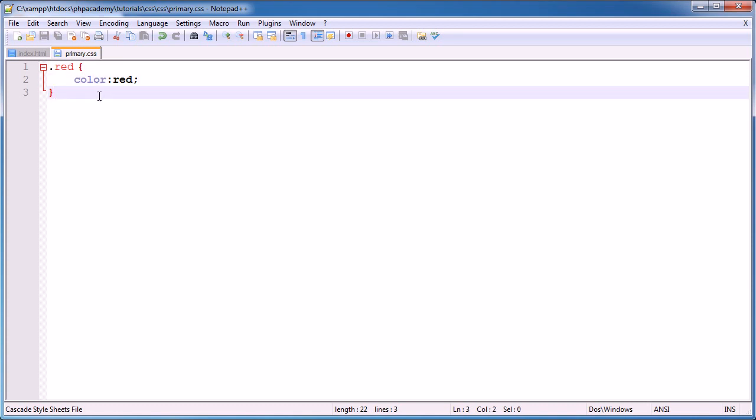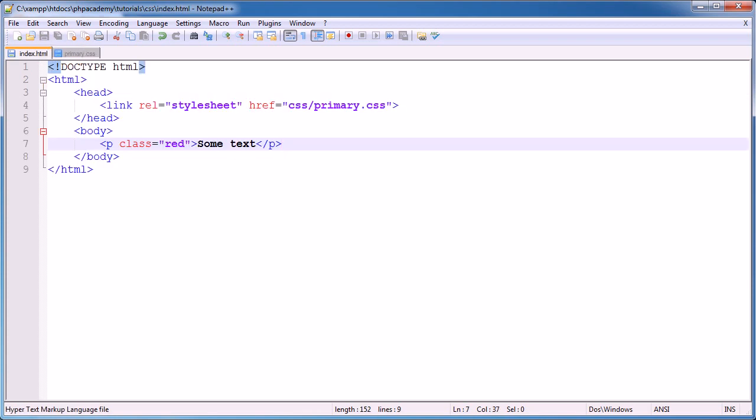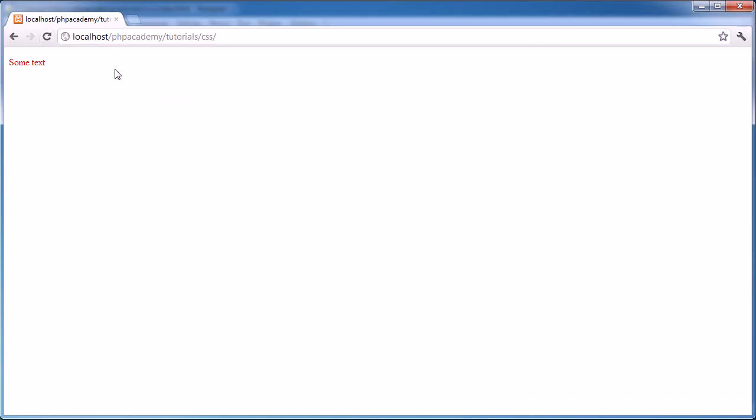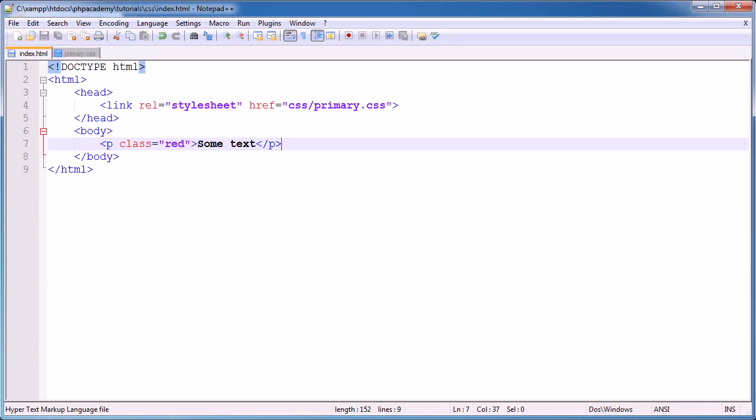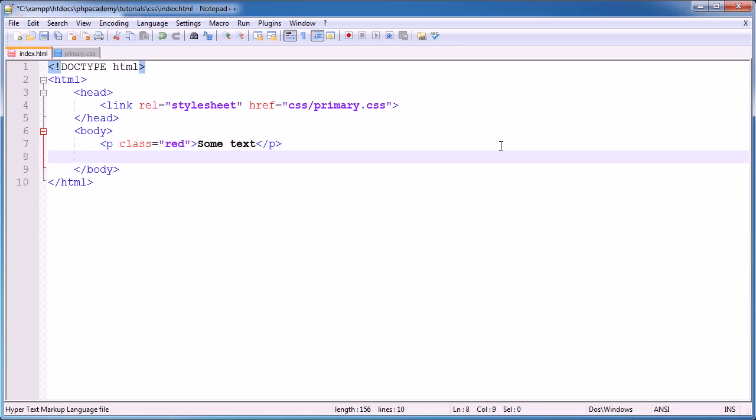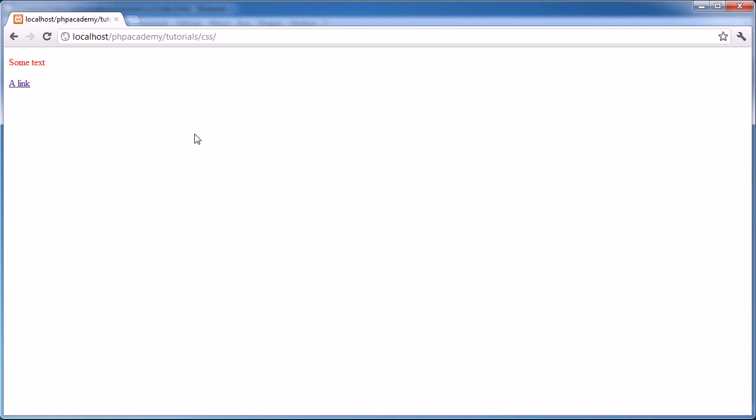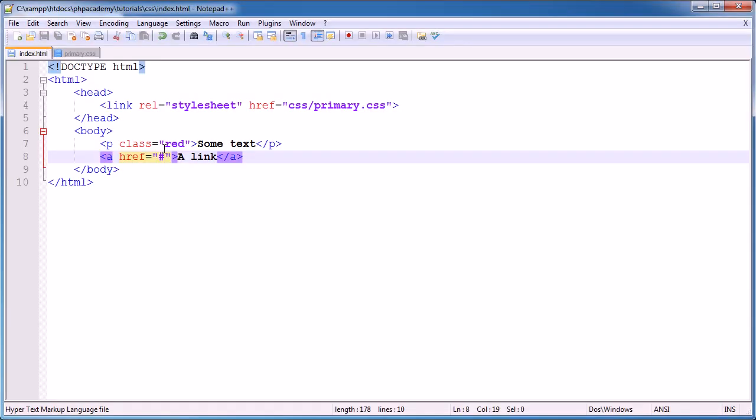So now my class of red has a color of red. So when I refresh the page, we'll see that text turn red. So we've successfully selected this class of red. Now let me go ahead and create an anchor element or a link, and we'll see what happens here. Now by default, it's got its own colors. The browser will render it this purple color if it's visited, which I've visited a hash, and otherwise it will be blue. But if we go ahead and we assign a class to this, say red, the link will change